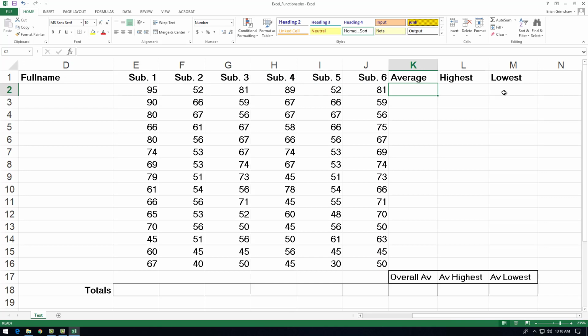And if you've been in school a while, you know that this is the kind of thing that teachers do. Like the overall average, that's where your final grade comes from, right? And the highest and lowest, some teachers say, I'll drop your lowest score, or whatever. So it's pretty common stuff that you end up dealing with in the real world. All right, so